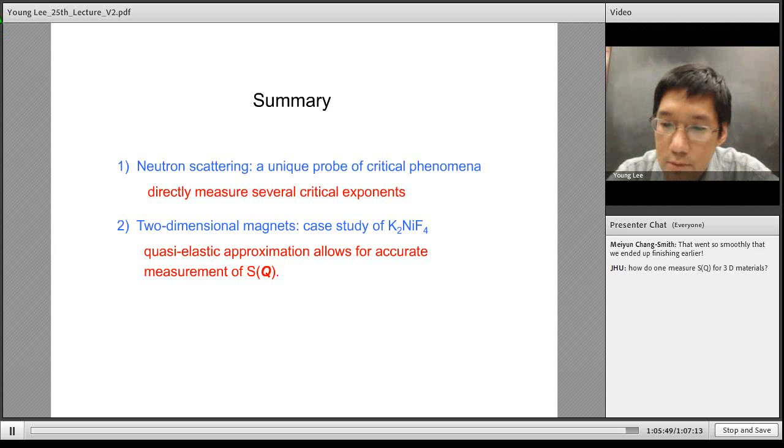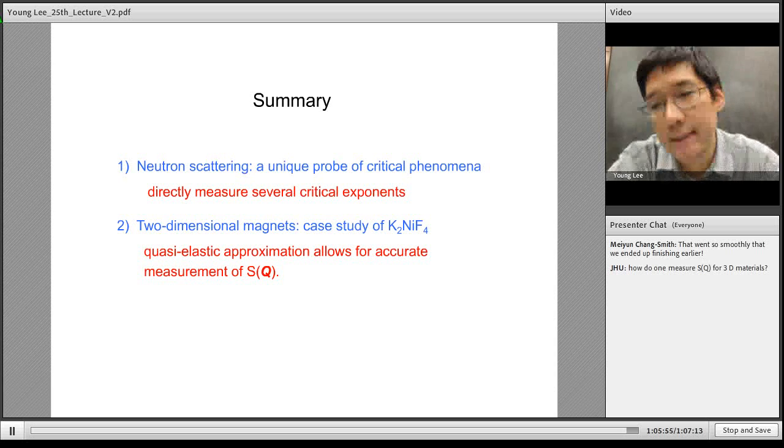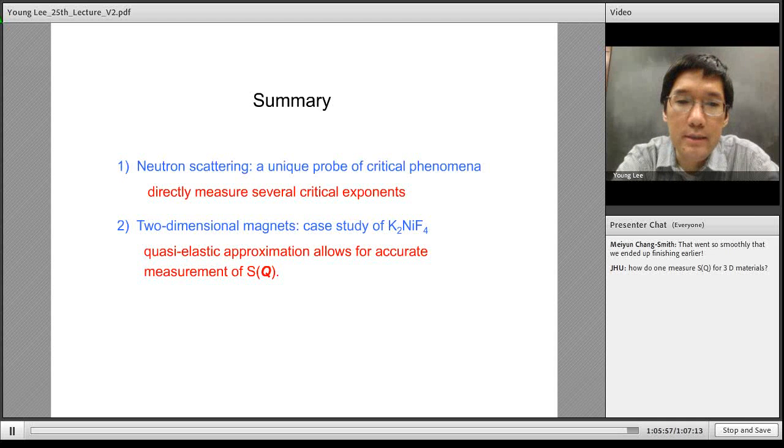Okay, there's a question. How does one measure S of Q for 3D materials? There's going to be some issues there with the fact that when you start integrating over energy, you're also changing your Q vector. It's hard to do an energy integration sitting at a specific Q. So you have to model that, I guess, and take that into account when you do your analysis. So you don't have this nice trick of aligning KF along your rod of scattering. So I would say that there are some more difficulties there